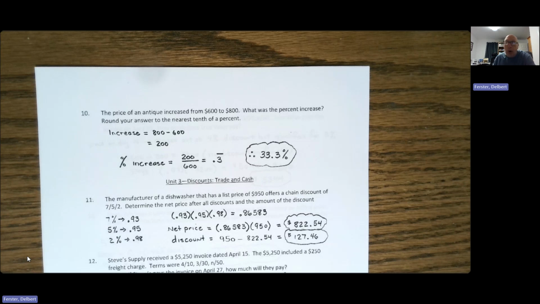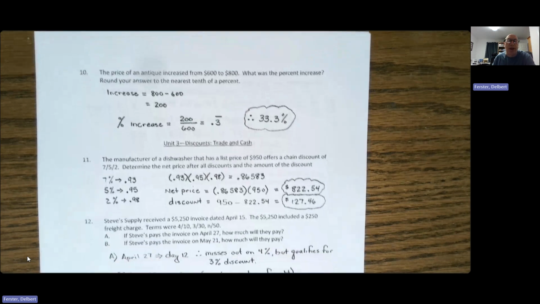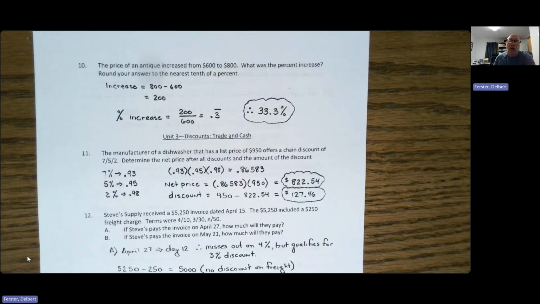And now we move into problems from unit 3, where we'll take a look at discounts, both the trade variety and the cash variety. Problem 11 is a chain discount problem. All right, we've got a manufacturer, he's got a dishwasher, list price is $950, offering chain discounts of 7, 5, and 2. So the first thing we're going to do is take each of those individual discounts,